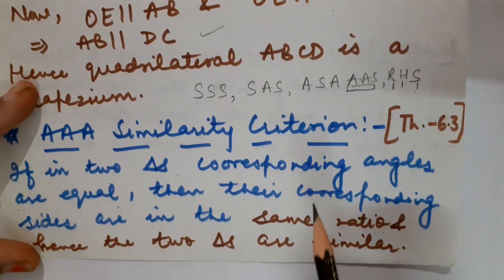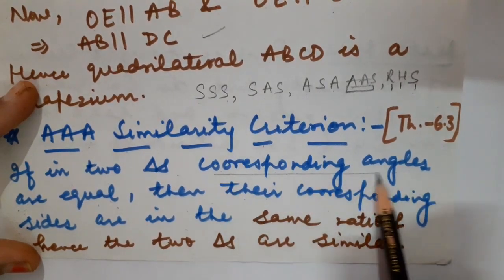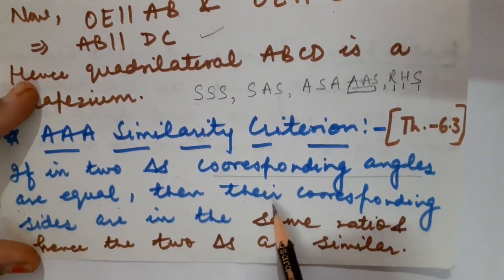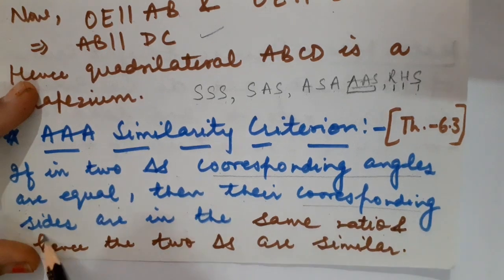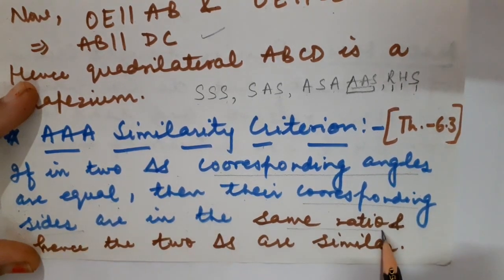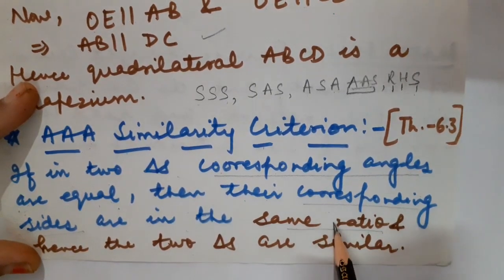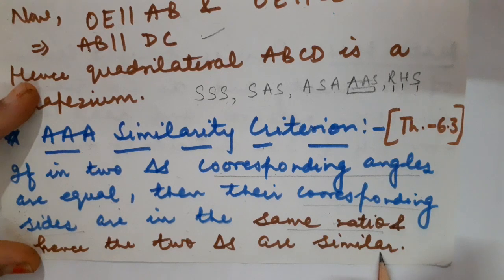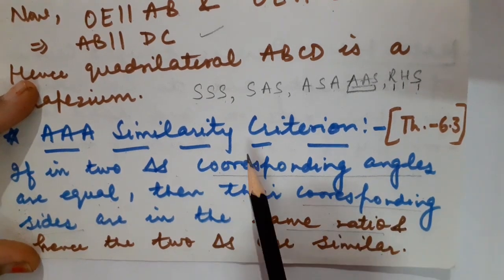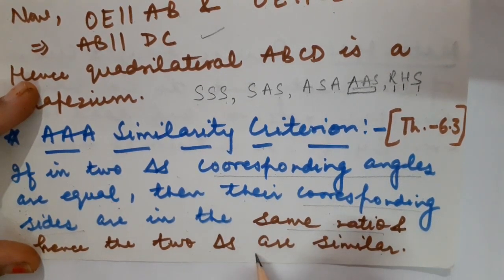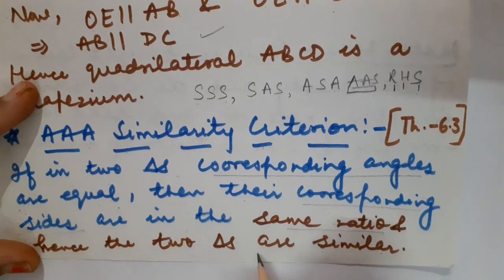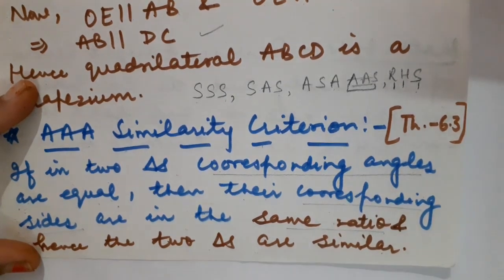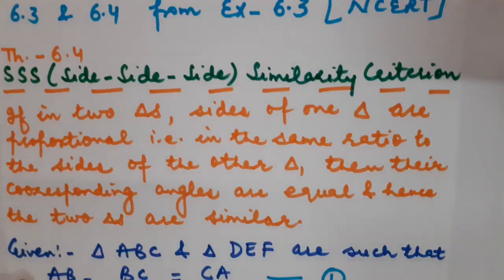And as you know children, if we will be having corresponding angles equal given and we are going to prove that corresponding sides are in the same ratio, it means both the conditions of similarity will be satisfied. Then ultimately what can we say? That the triangles will be similar. Fine children? This derivation I explained you yesterday. Today I have made you recall its statement once again. Got it children? Now let us switch to next criteria.